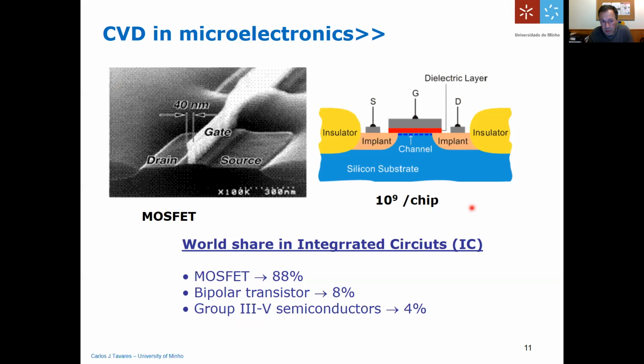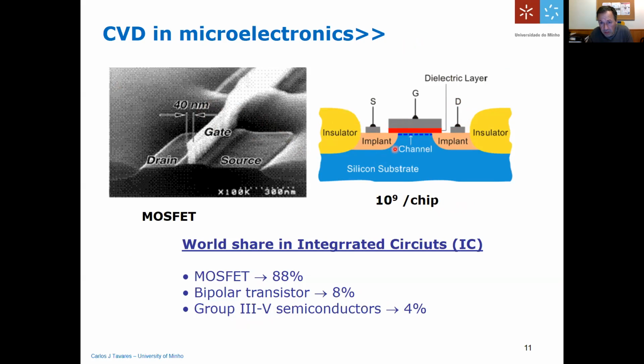Take into account that a chip in a computer might have 1 billion of these devices per chip. And this is an amplification of a MOSFET device, which is like a transistor,